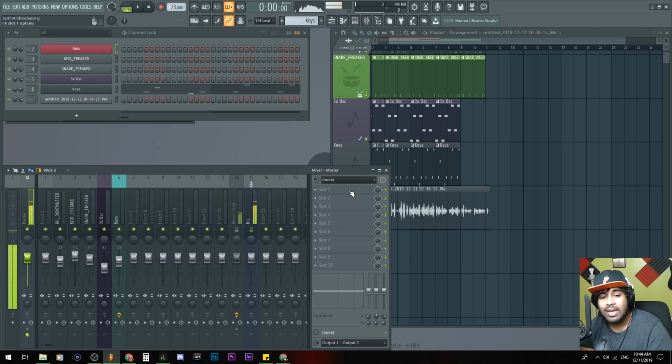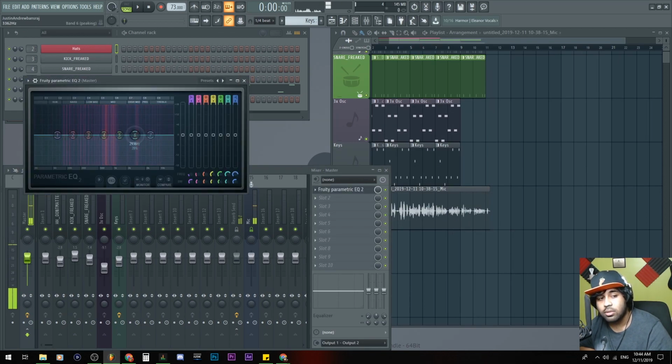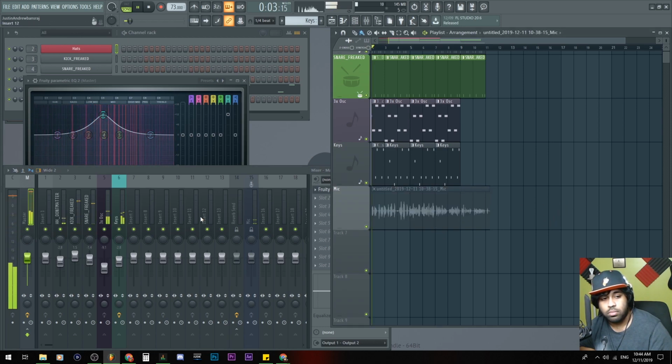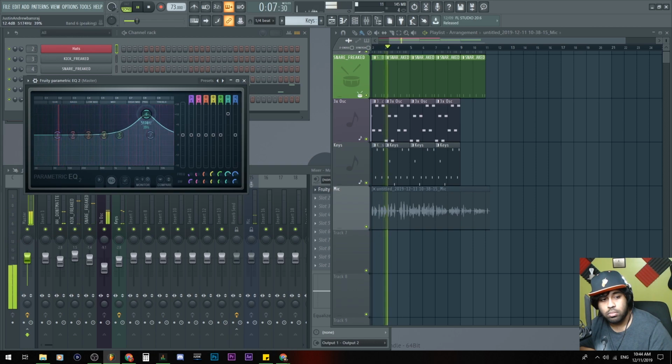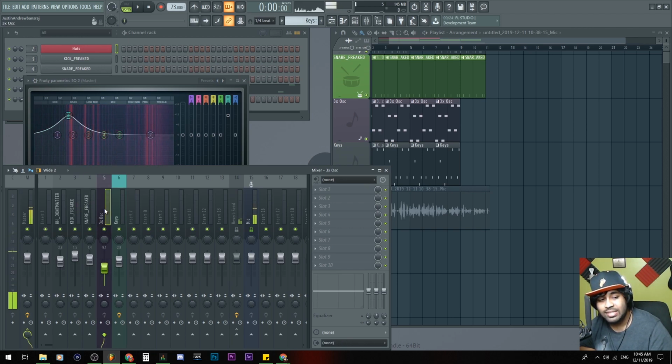Needless to say though, the master insert will have effects, and the effects will affect everything in the song. So if I put this up, you can hear that I have some mids, but look what happened to the rest of the song. I'll mute this. Hey, Justin, Mo. So you see how my voice is deep now, and the bass had a lot of bass in it.